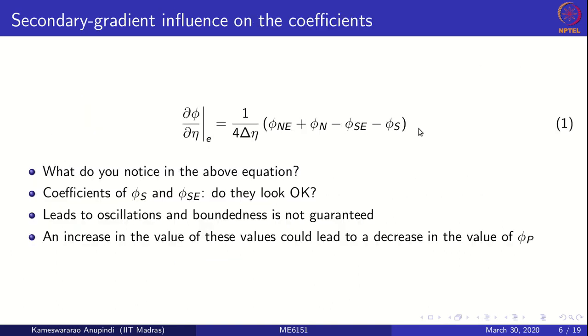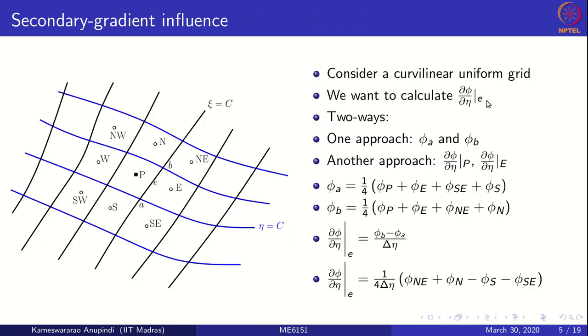Now, how do we calculate this? We looked at this calculation methods a while back. We can do it in two ways. One is basically calculate what is phi A and phi B, essentially interpolate phi A from its neighbors, that is P, east, southeast and south, and interpolate phi B from P, east, northeast and north, and then using these interpolated values at A and B, we can calculate what is partial phi, partial eta in this direction on this face